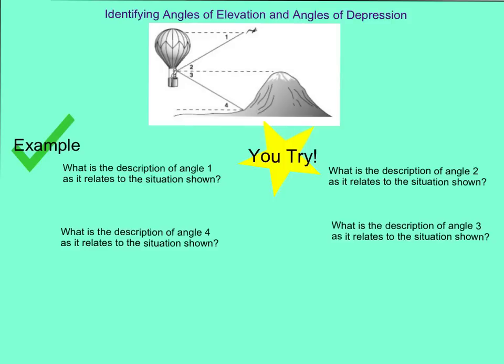So let's look at an example where we need to identify angles of elevation and depression. You have this picture here, which is just of a hot air balloon, and they've got their angles labeled 1, 2, 3, and 4. My two examples are writing the description of angle 1 and also angle 4. If I'm looking at this picture, angle 1 is this angle right here, which I see is an angle below a horizontal line, and it's from my bird looking at my hot air balloon. So I know that angle 1